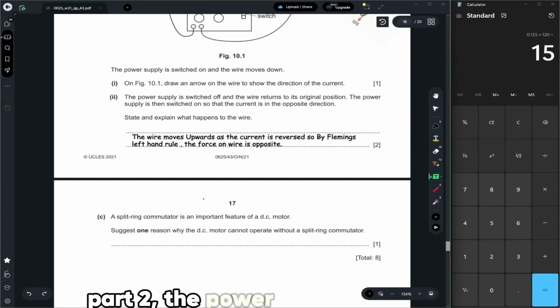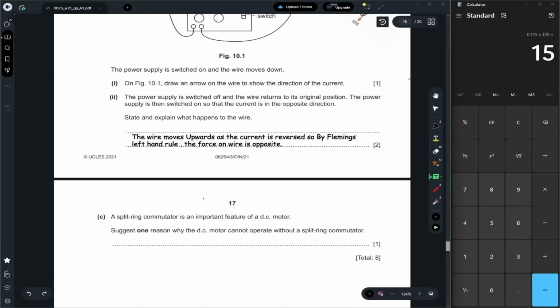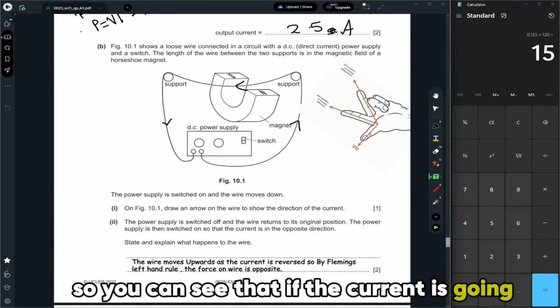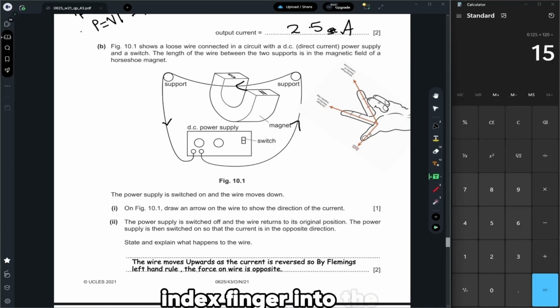Part 2. The power supply is switched off and the wire returns to its original position. The power supply is then switched on so that the current in the wire is in the opposite direction. State and explain what happens to the wire. The wire moves upwards as the current is reversed, so by Fleming's left-hand rule, the force on the wire is opposite. You can even use your hands. You'll use your left hand, your index finger like the magnet, so you can see that if the current is going from left to right, middle finger from left to right, index finger into the page, your thumb will